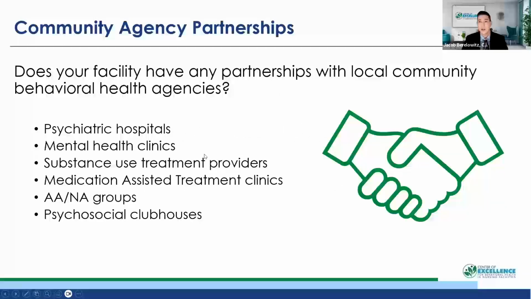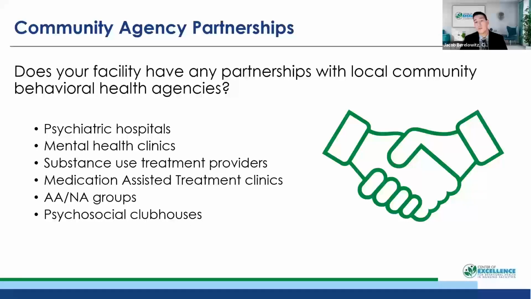And finally, our last item in step 2 is partnerships with community agencies. I know that you're probably very familiar with the continuum of care on the physical health side, right? We have the hospitals, we have nursing homes, we have home care. We may have lots of other levels in between, like rehab hospitals now, or maybe even assisted living facilities, right? We know what our continuum of care is, where patients go up and down through that continuum of care as their care needs change.